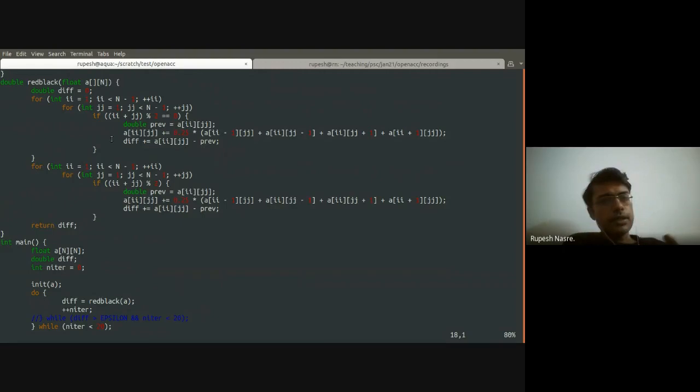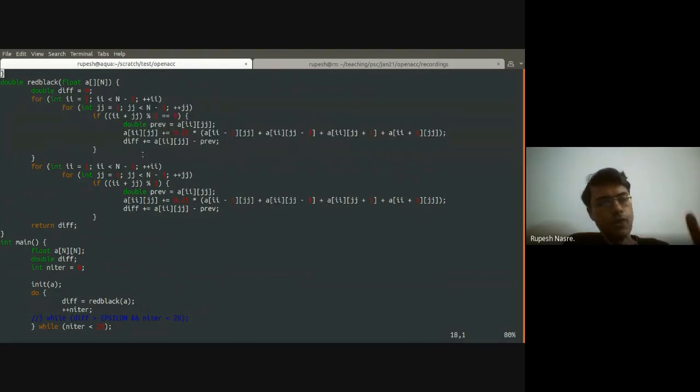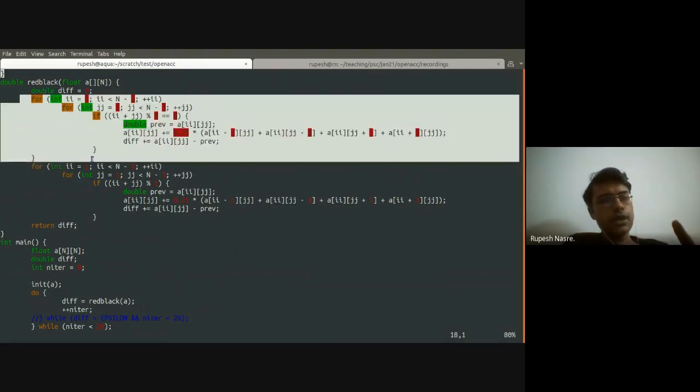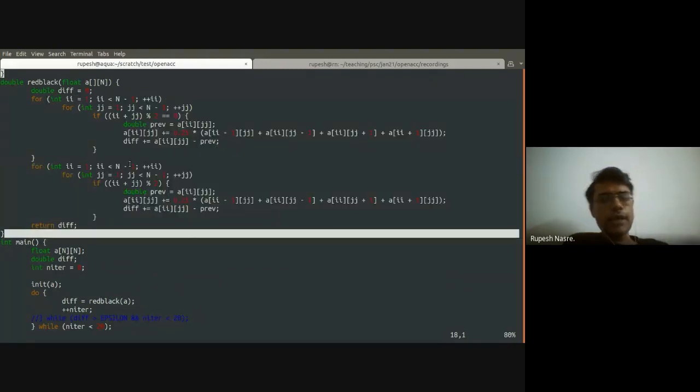The red-black part has this matrix as a parameter, and then I'm going to specify the error as a local variable inside this, which finally I am going to return. As far as the computation is concerned, it is clearly divided into two steps of two nested fors, right? One which is going to do a red computation, another going to do a black computation. Both of these are going to perform exactly the same computation or a slightly different one, depending upon how your problem statement demands. In this case, we are going to do exactly the same one.